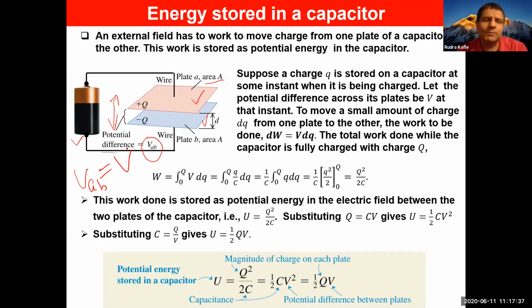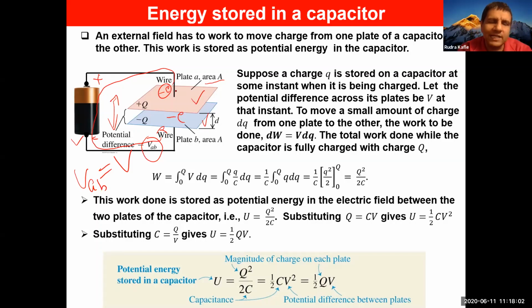So what does this potential difference do? It drives charge, and what flows in the circuit are the electrons. So the electrons flow, right? This upper plate is the positive terminal, the lower plate is the negative terminal. So what happens is that electrons from the upper plate are pulled, flow through the battery, and are collected in the lower plate.